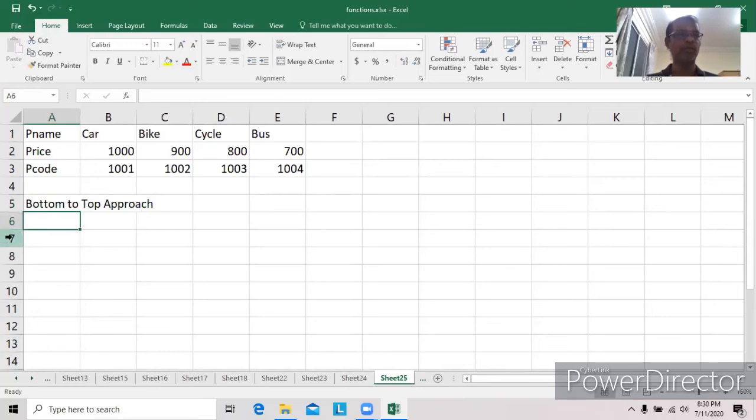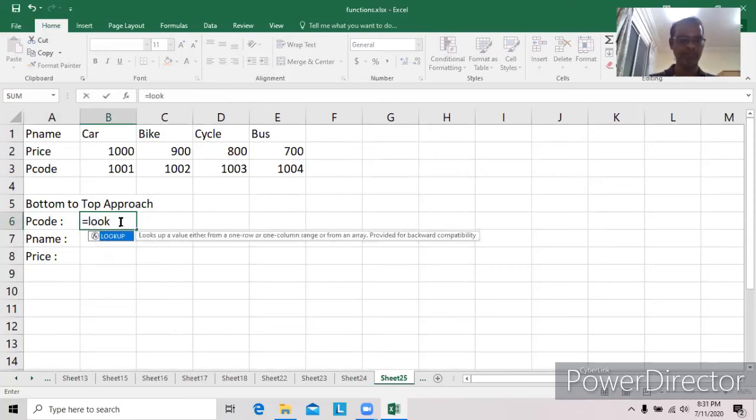The lookup row is available at the bottom. Equal to lookup. Here we have to type values.